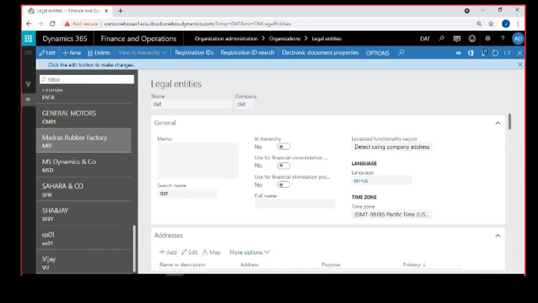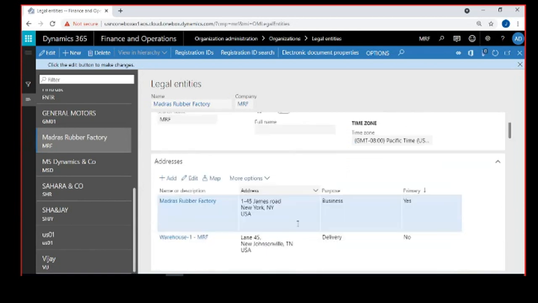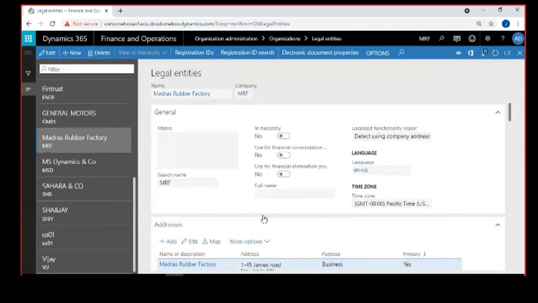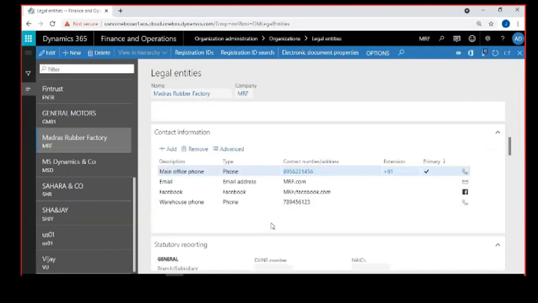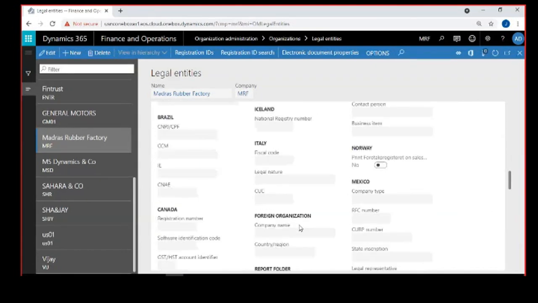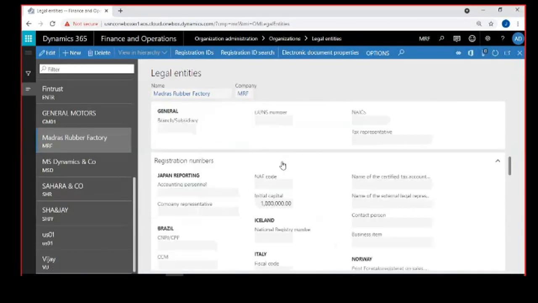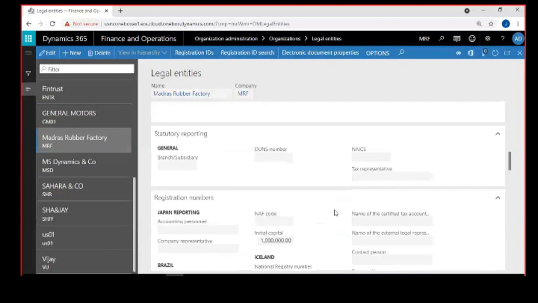Above factory and MRF. So we have given a short name for it as MRF and given some details and addresses. Then the time zone and the company location as USA. And then we have given certain contact details as well and a few pieces of information which are required. So we gave all that is required, and these are mandatory, and these are not mandatory or just